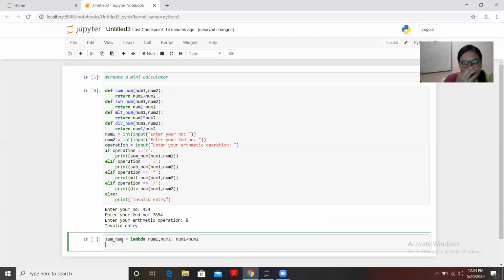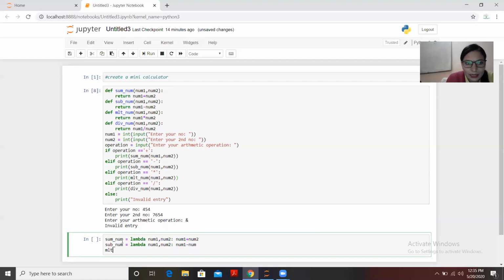And then the next function, subtract two numbers, sub_num equals lambda and the variables num1, num2, colon, and num1 minus num2. That's what you want to perform under this function.